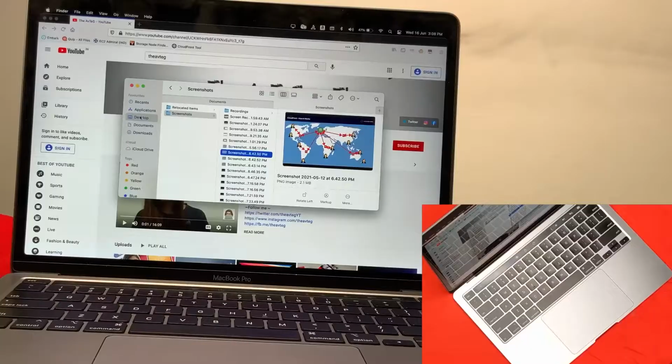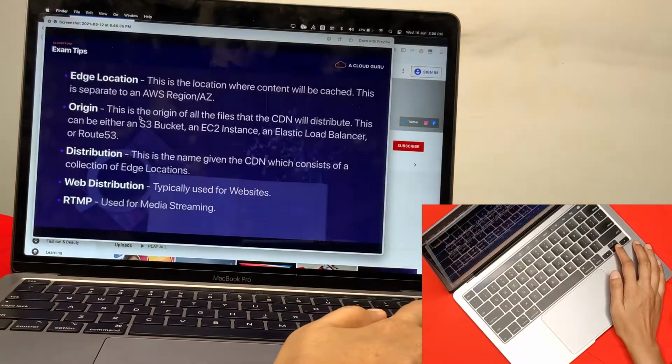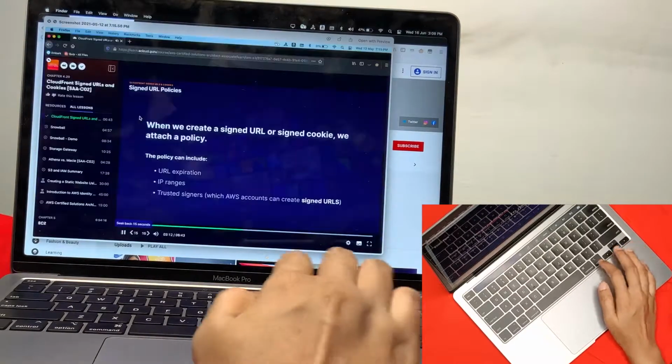You can also preview a file with the tap of a space, and you can navigate the previews with up and down navigation keys and press space again to quit the preview. I think this is really convenient and I use it literally every single time. And I know it's a very minor thing, but I think it makes such a huge difference and it makes your mind so clutter free. I just enjoy doing that.